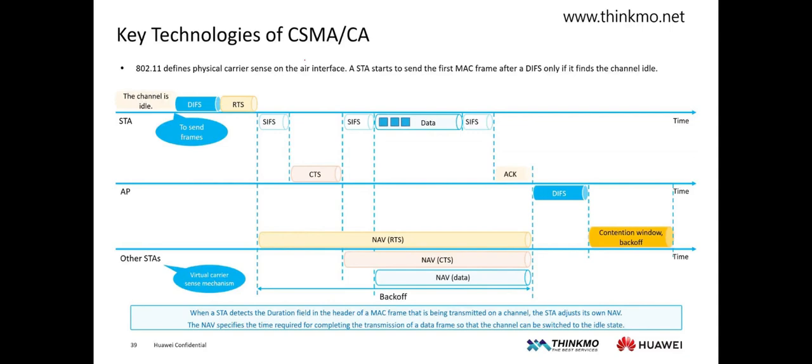What about the AP? It applies to send data. After the RTS is sent, who is it sent to? Of course, it's sent to the AP device. After the AP device receives the RTS, it won't respond immediately. It needs to wait for the SIFS, short interframe space, first. In wireless networks, before sending any frame, there is a need to wait for an interval time, which is the SIFS. You cannot directly send an acknowledgement. This is the biggest difference between wireless networks and other communication methods. After the AP finishes waiting for this SIFS, it will respond with a CTS, clear to send. This means allowing the sending of frames.